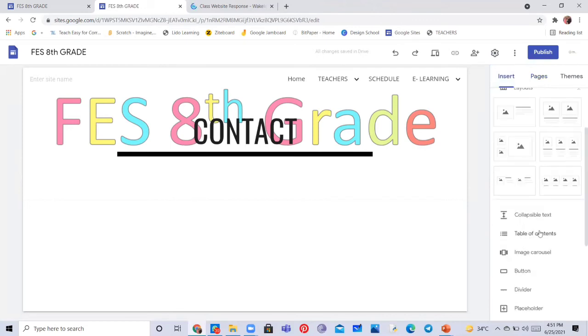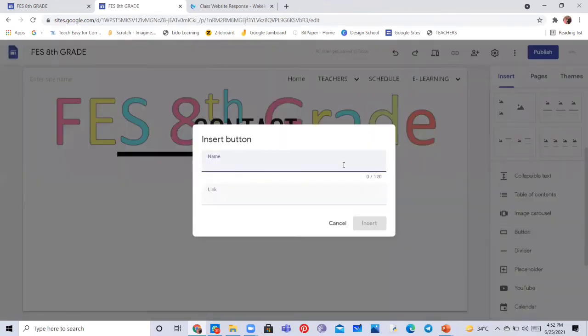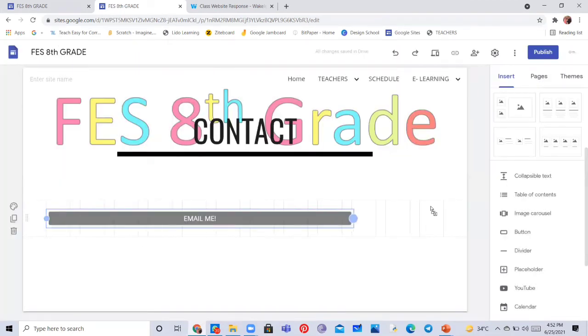Getting on to insert, we have the button option out here. From button, we can name it first of all, email me for example, and you can type mailto colon without any space, without any capital letter, and your email ID. For example, Team Edify Webinars is our email ID @gmail.com, and insert it on the contact page.